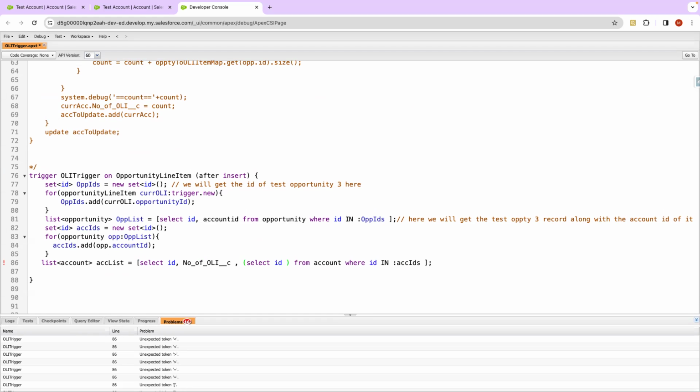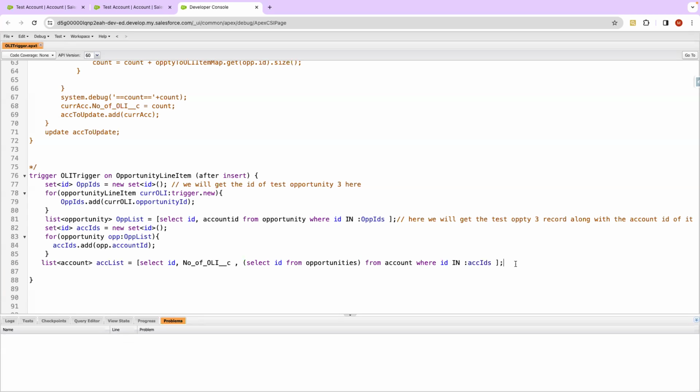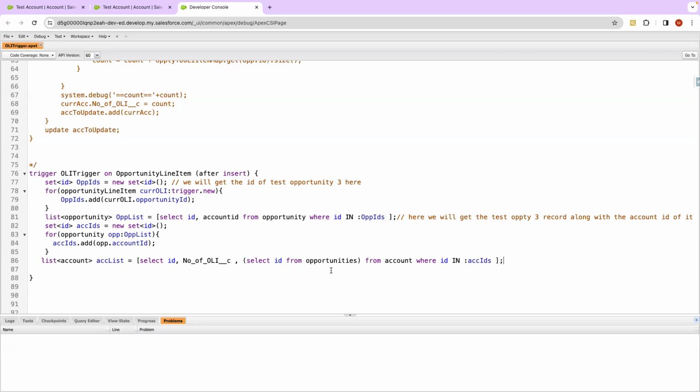Select ID from, okay. So instead of querying opportunities separately, I did not query the opportunities. I query the account, and then inside that account, I've queried the opportunity as a subquery. Okay. Now